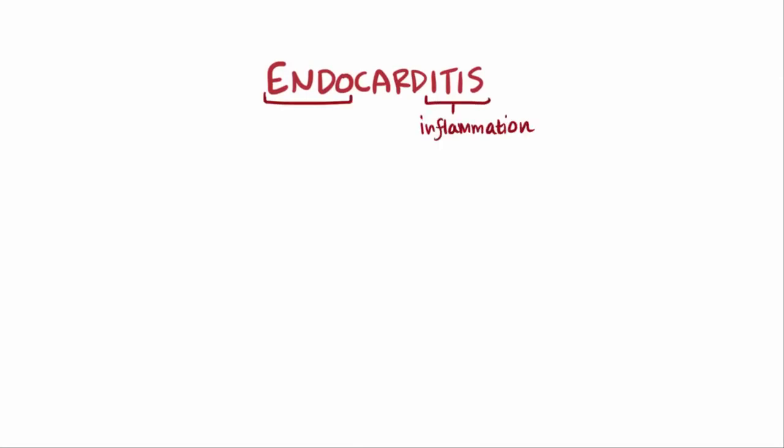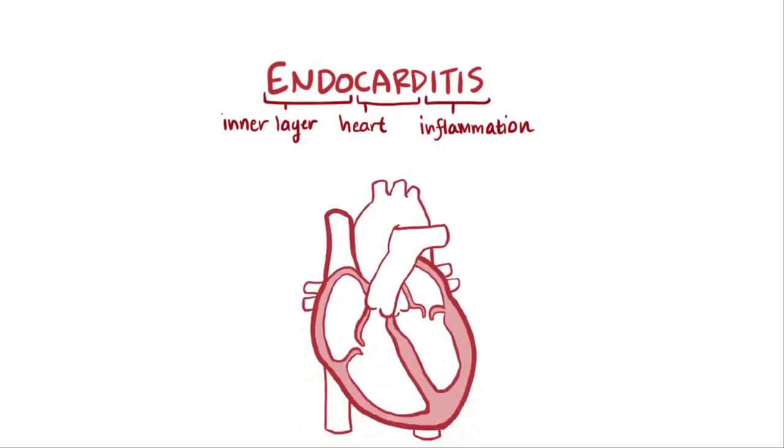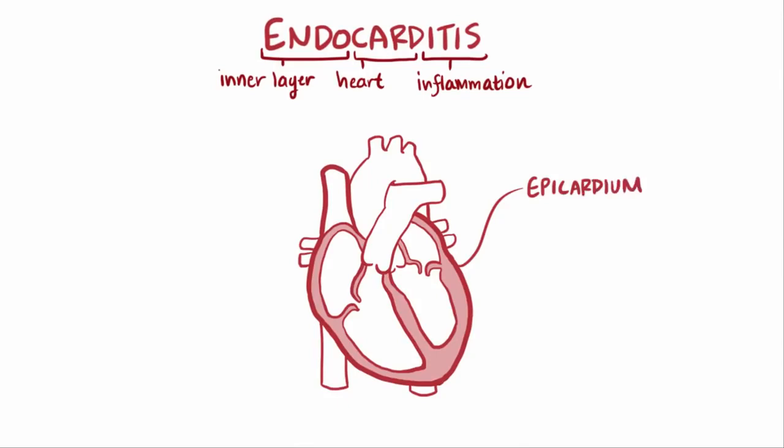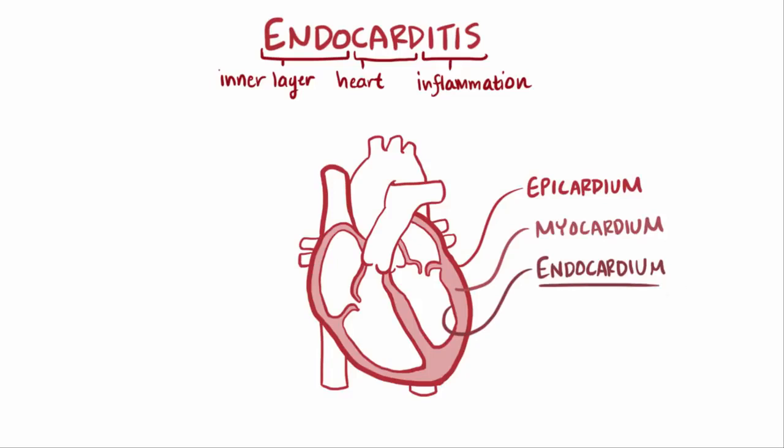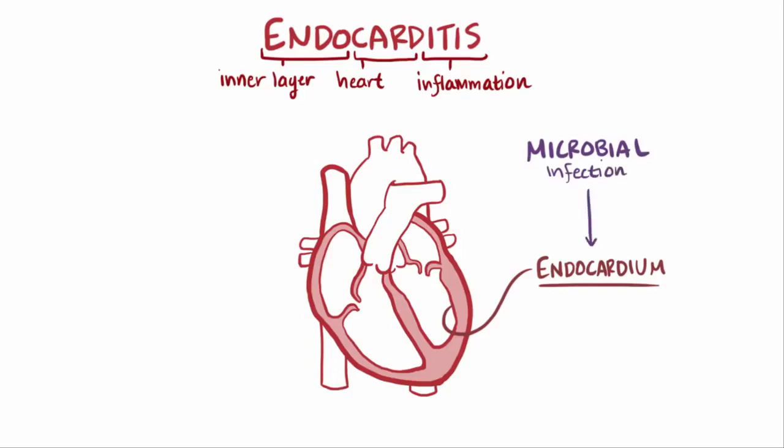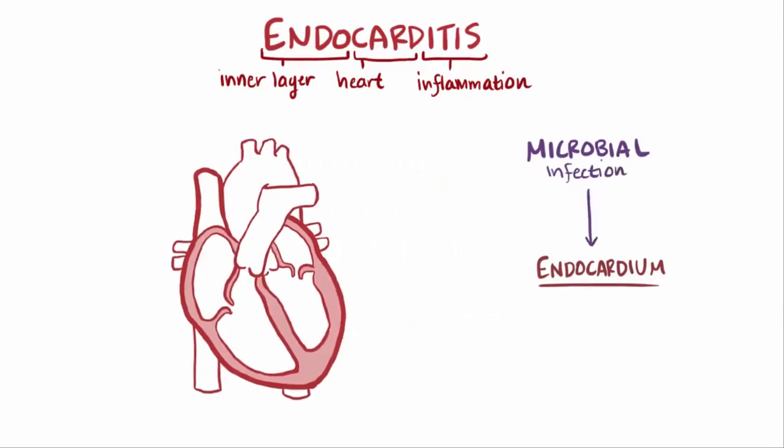Endocarditis means inflammation of the inner layer of the heart. The heart's wall is made up of 3 layers, the epicardium being the outermost layer, then the myocardium, and then the endocardium, which is the layer that gets inflamed. It turns out that most cases of endocarditis are due to microbial infection of the endocardium, usually involving the endocardium